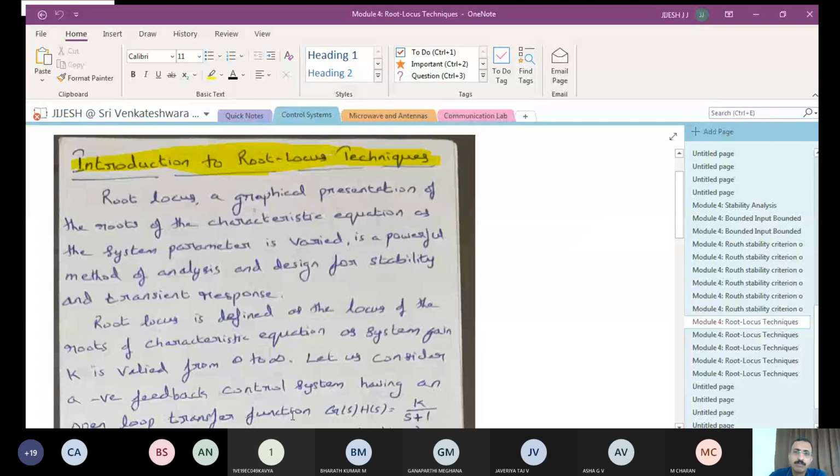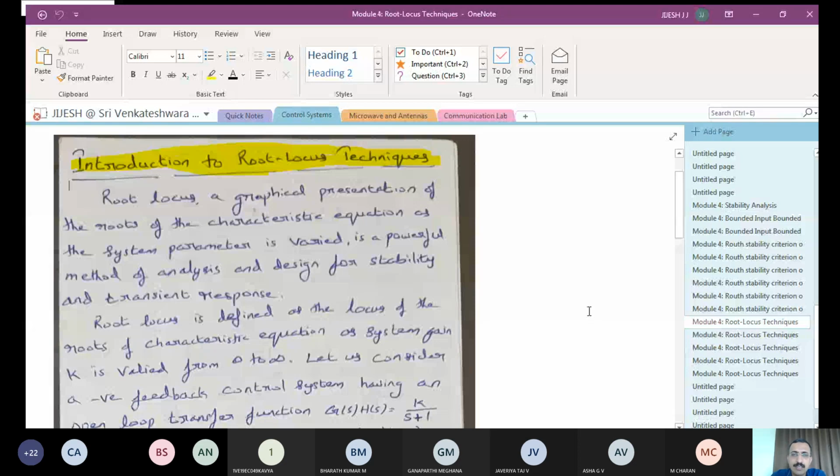Okay, fine. So we have completed some of the concepts of fourth module. Still there are few more topics to be discussed in fourth module. That is, we are going to now see the introduction to root locus techniques. Here, these are all problematic topics. You should be able to solve these numericals, and these problems will be with steps and all. You have to do a step by step process, and you need to plot the root locus. Root locus techniques have to be used in order to find the stability of the system.